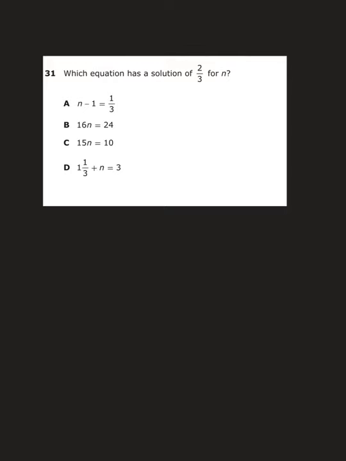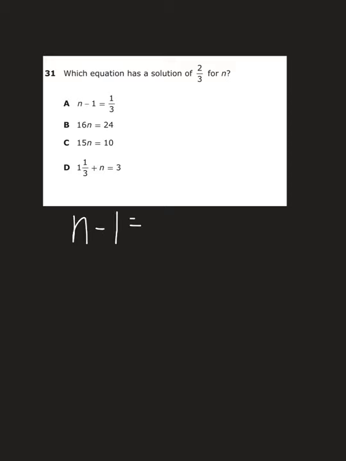Okay, so we're going to go over the steps to solve an equation. The first step is always to isolate the variable. And the way we do that is by using the inverse operation, which is the opposite operation of what the problem is. And so if we look at A, it is n